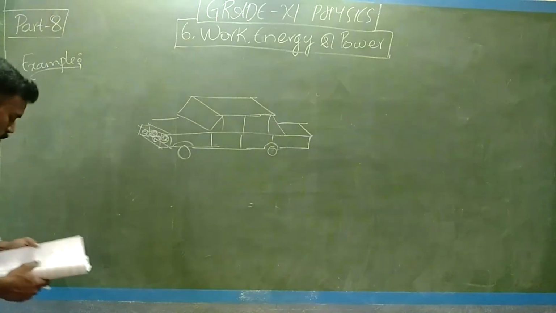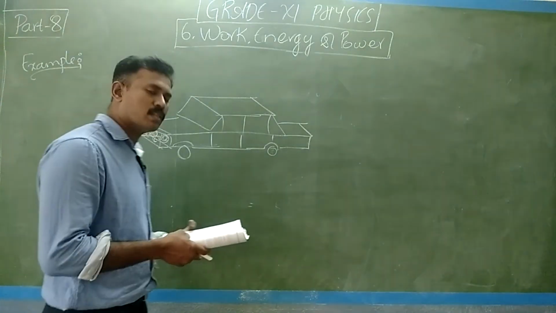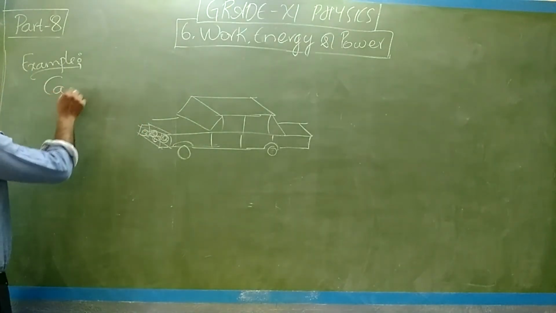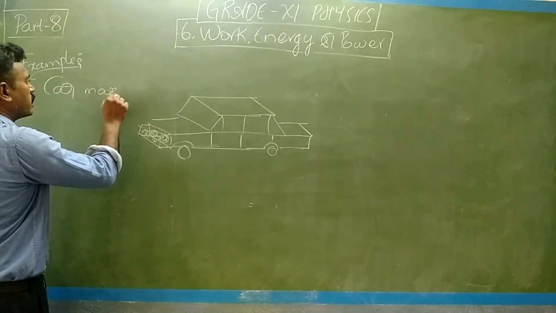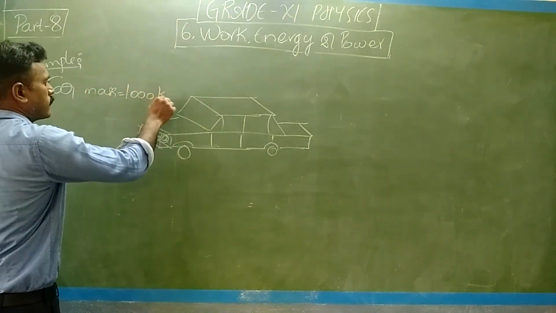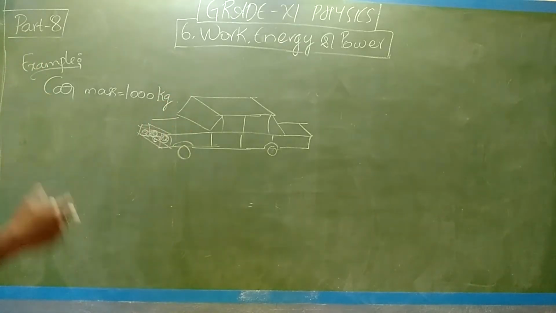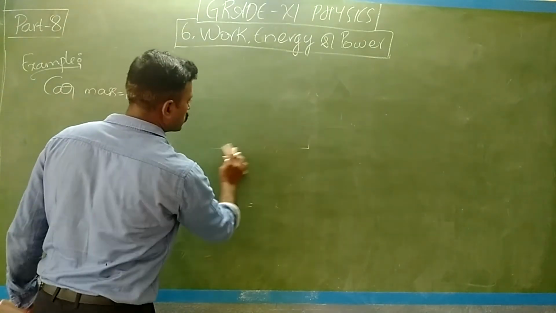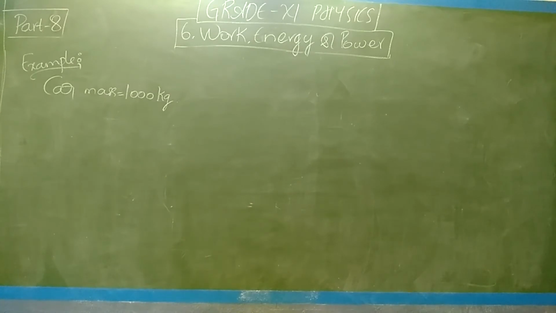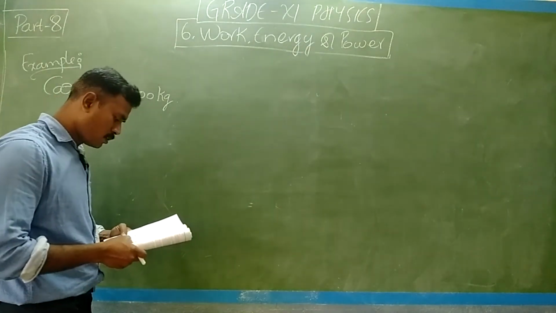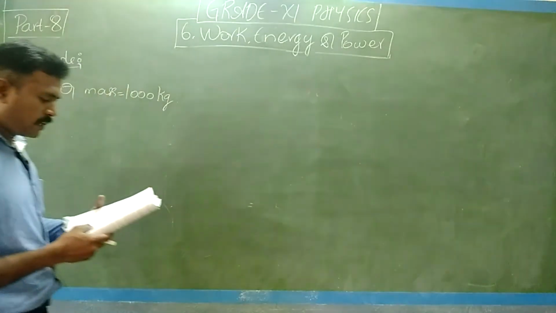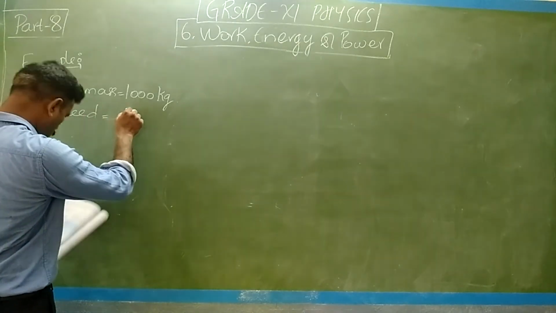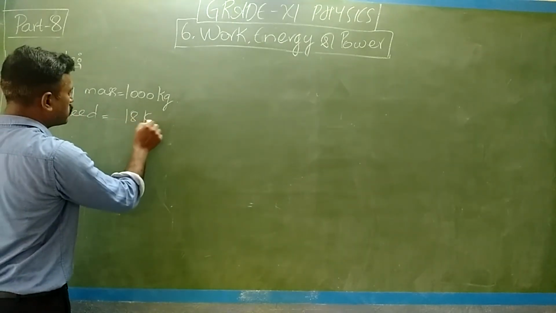Okay. So I'll read it. Consider a typical simulation with a car of mass 1000 kg. So given a car, mass is 1000 kg. Just for fun I have drawn this. Better you can draw a very good curve than me. You just consider this, where the spring may be drawn. Moving with a speed. So the speed of the car is given. The speed is 18 kilometers per hour.